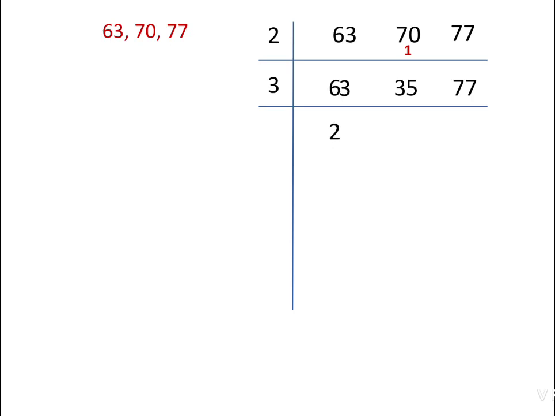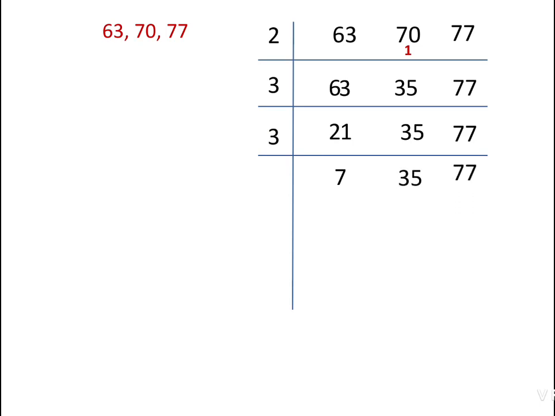2. Then in 3, 1. Okay, next, take 3. How many times? 1. So 21. Then the next two numbers we write themselves. Those numbers are not divisible by 3. Next, 21. 21 is also divisible by 3, so we again take 3. In 21 we know 7 threes are there. 7. 35 and 77 we write themselves.